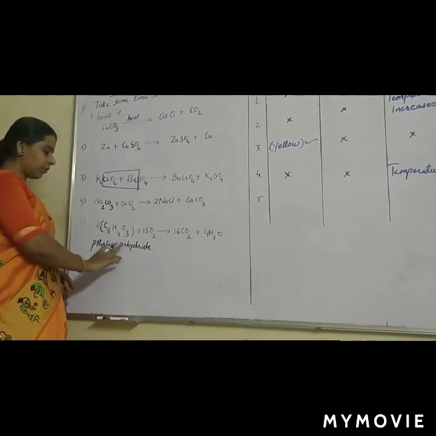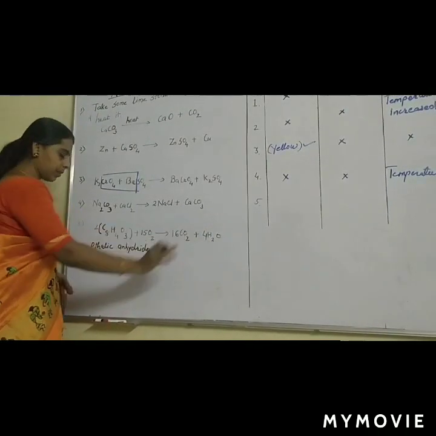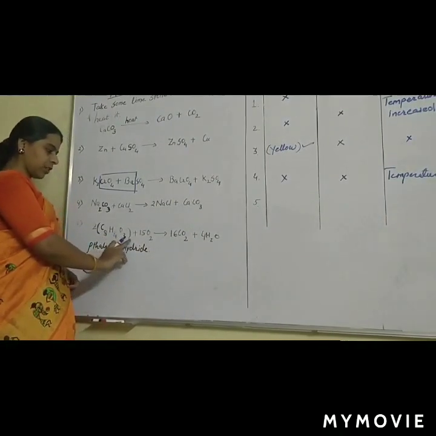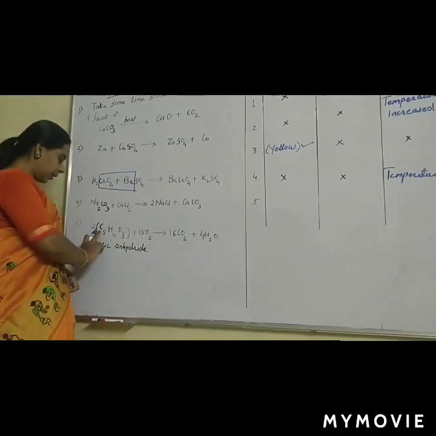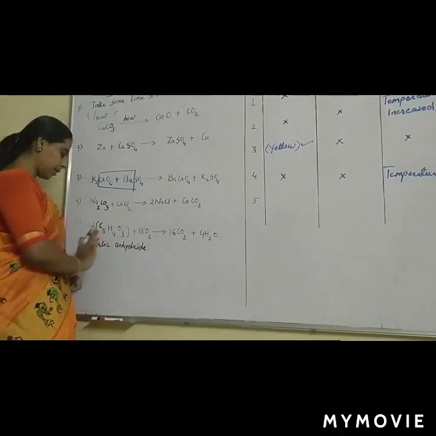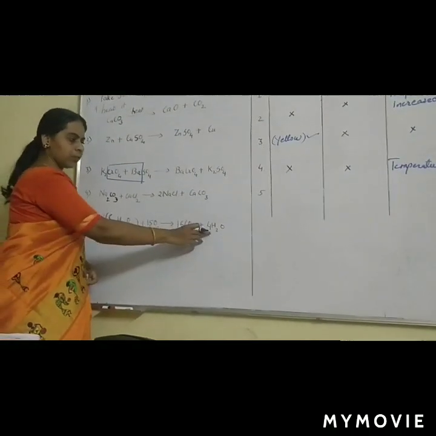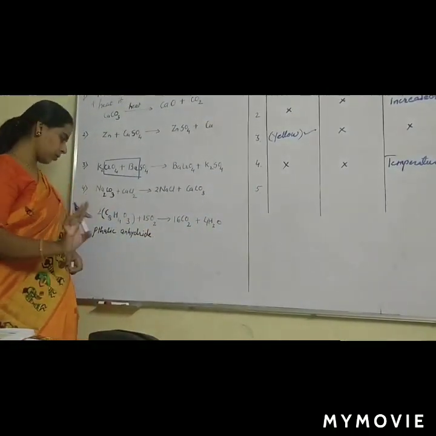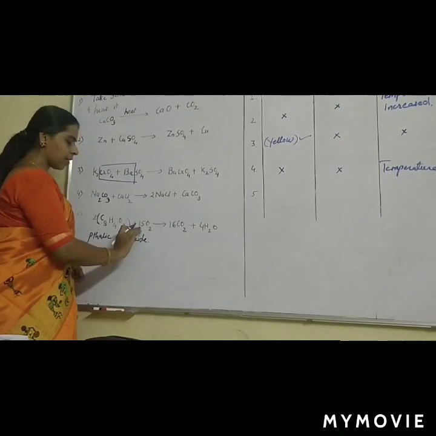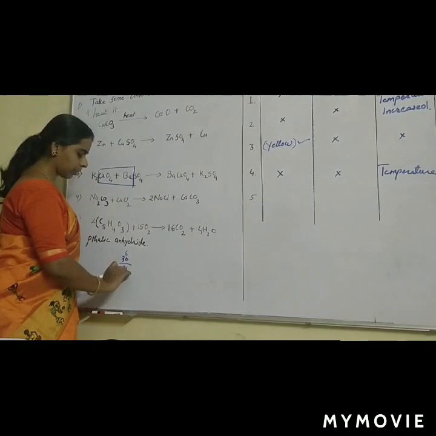Of phthalic anhydride. If we apply heat to phthalic anhydride, then there is a formation of carbon dioxide plus water. Now we will see the number of atoms of carbon, hydrogen and oxygen present on the left hand side and right hand side. Here carbon, 8 to the 16 carbon atoms are there. Here also 16 carbon. So the number of carbon is already balanced. Now hydrogen: 4 to the 8. Here also 4 to the 8 hydrogen are there. So this is also balanced. Now oxygen: 3 to the 6 oxygen atoms are there, and 15 to the 30 oxygen atoms. So there are a total of 36 oxygen atoms.